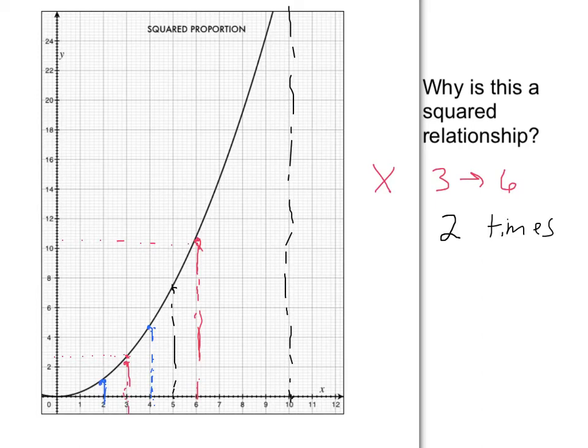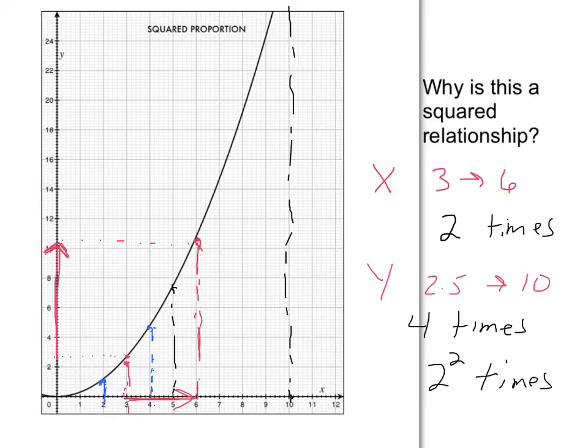3 times 2 is 6. So that was 2 times greater to go up. And as I went from 3 to 6 here on the x-axis, I moved from about 2.5 to about 10, and you can do the exact math, the lines on the graph there. But on the y-axis, I moved from about 2.5 up to about 10, which is 4 times, which, by the way, is 2 squared times